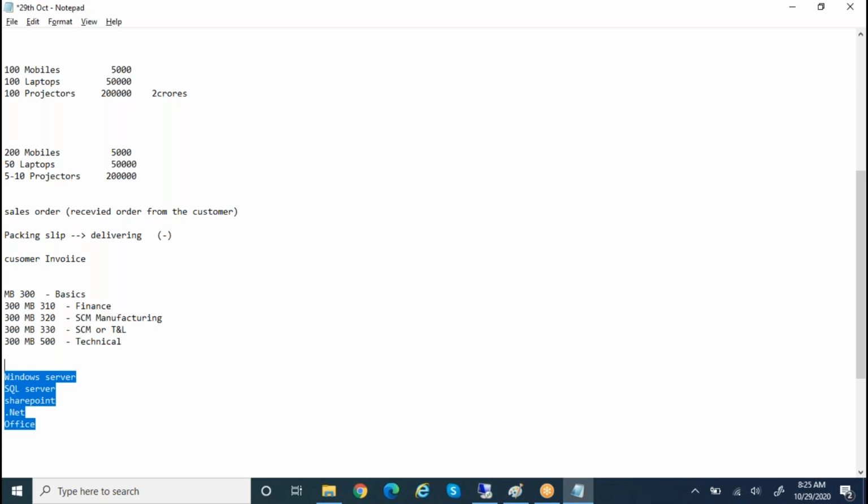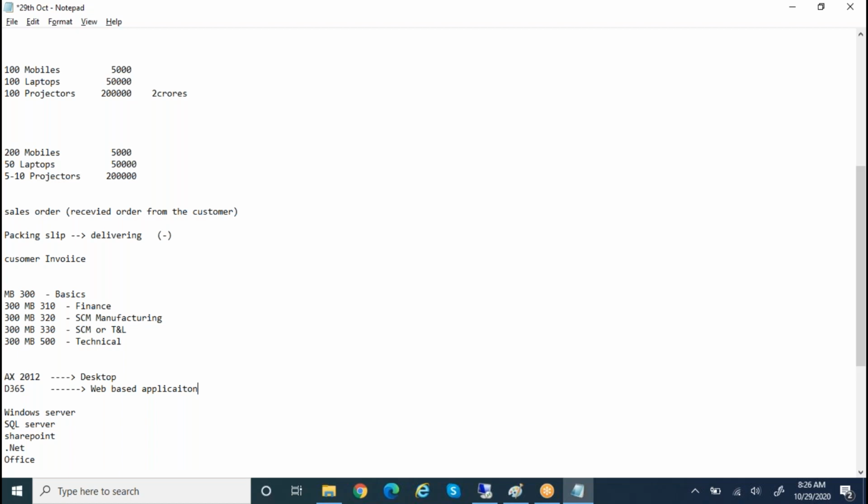Is this Dynamics AX? Because you have not joined earlier, there are AX 2012 R3 versions and AX 2012 versions. These are desktop applications. Now it is Dynamics 365, whatever I have shown, which is a web-based application. Okay, so Windows Server is required. For installing Dynamics AX, Windows Server is a must.